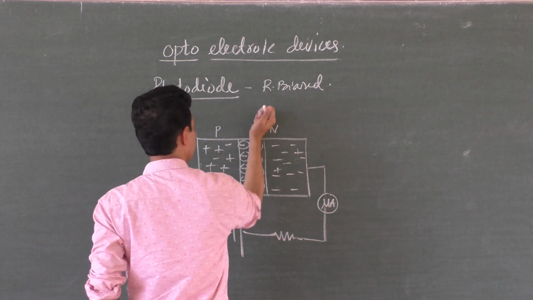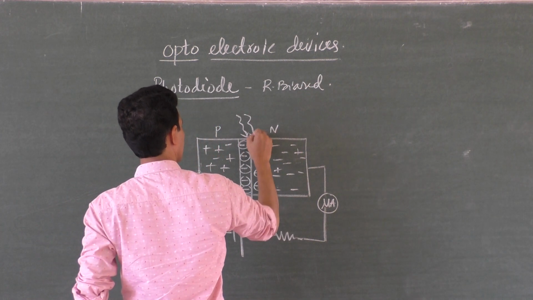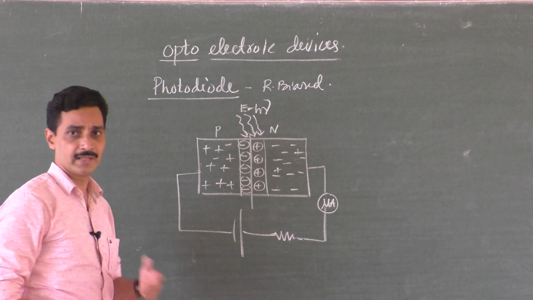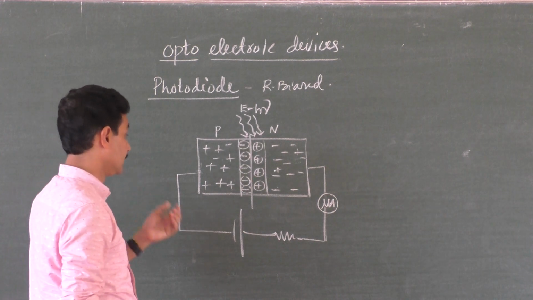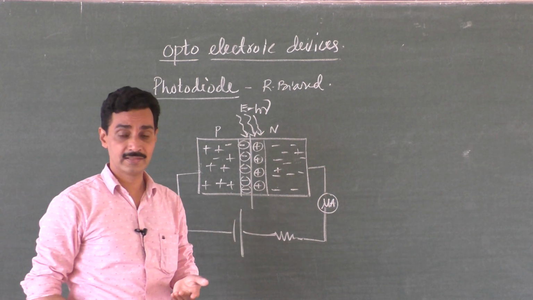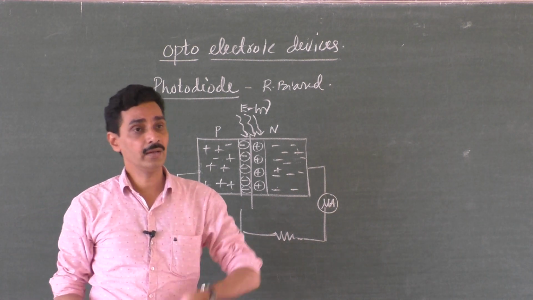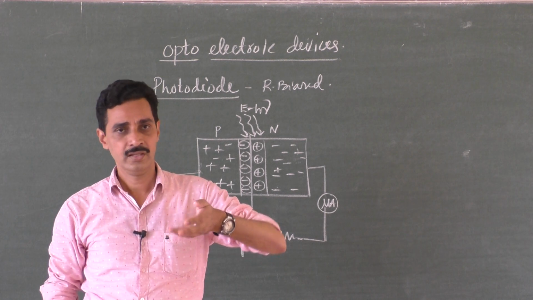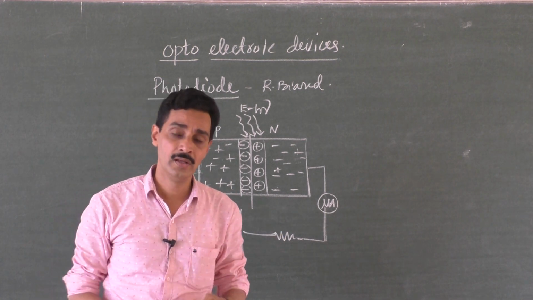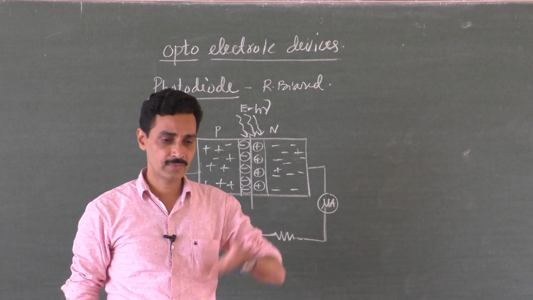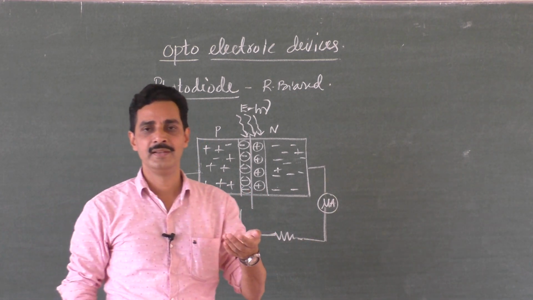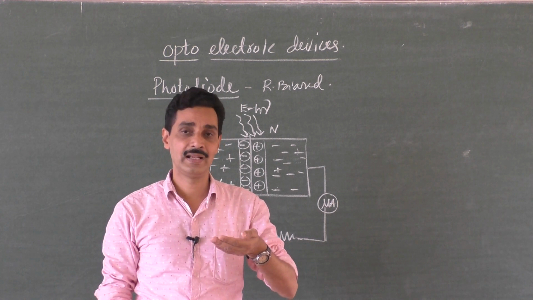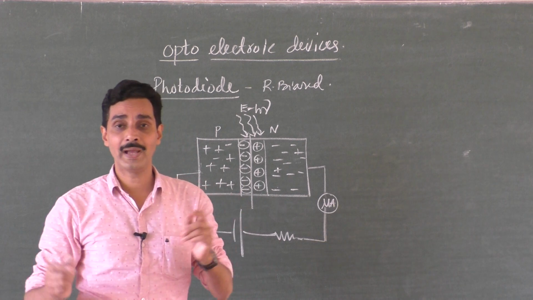Now light of suitable frequency is made to fall on the junction like this, h nu, we know energy, and if that energy is suitable enough, then electrons will be lifted from the valence band to the conduction band. You know that the energy gap in a semiconductor is less. So certain radiations can give enough energy to the electrons. When they come to the conduction band, they become free. Now they are the charge carriers. At the same time, they create some holes in the valence band, you know it. So electron hole pairs are created.